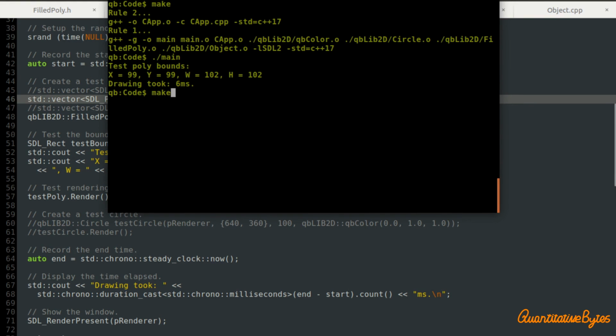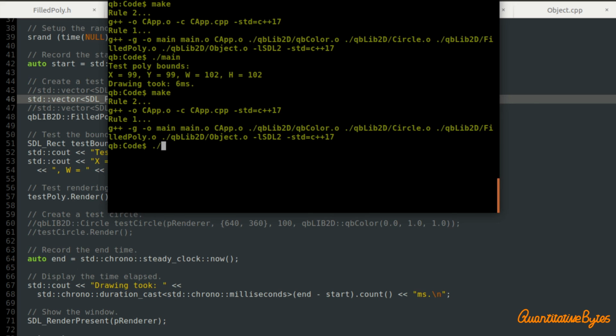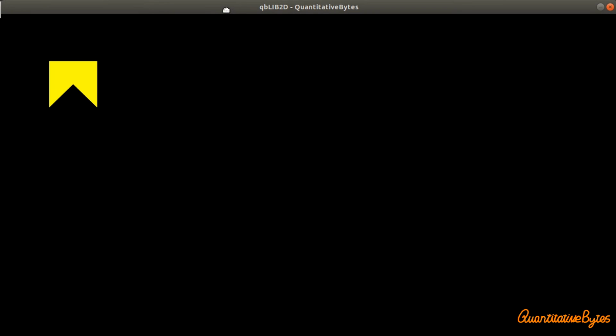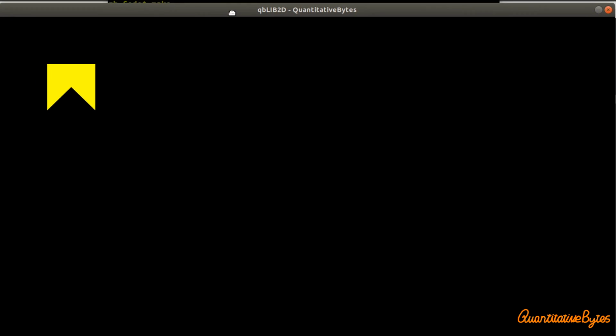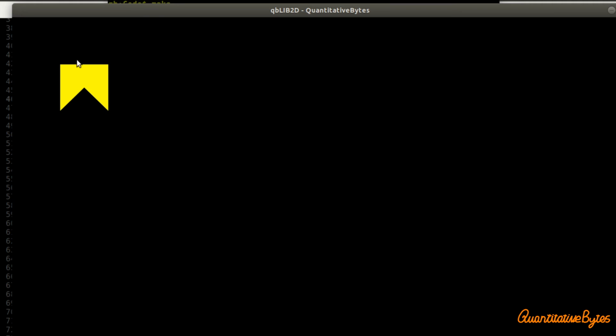And if we have a look at that, let's just run make. Okay, and let's run our code, and there we go. So we can see we have successfully implemented an algorithm that draws filled polygons, including ones with slightly more complex shapes. This one is concave rather than simply being convex, which does demonstrate that the algorithm is working correctly. A reasonably important test to do.